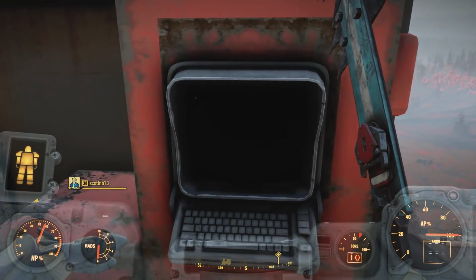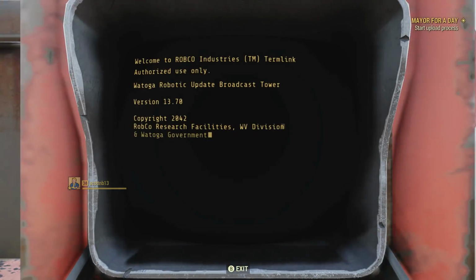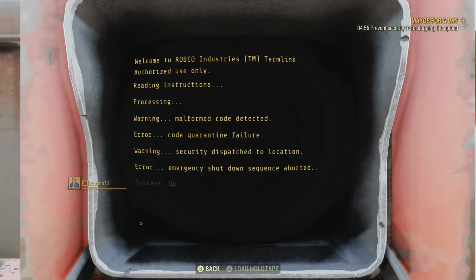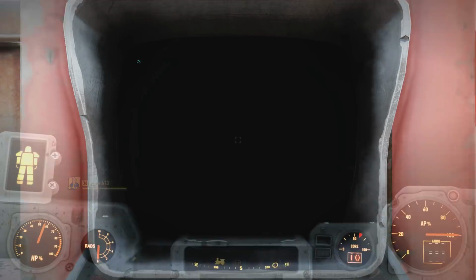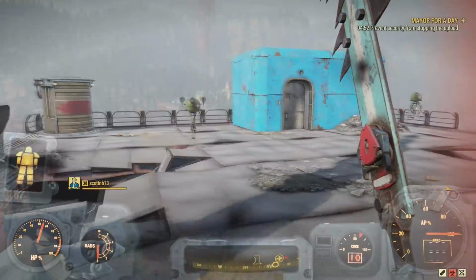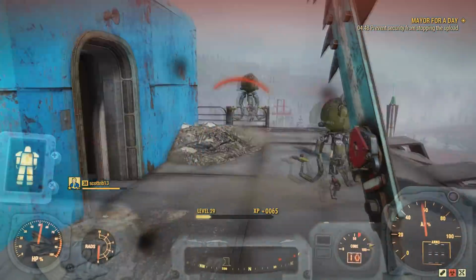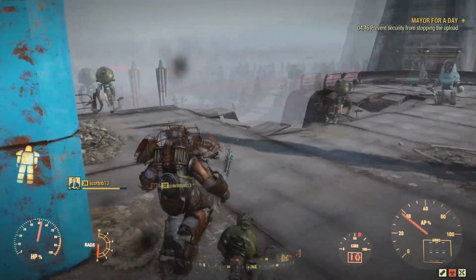Anyways, go over to the rooftop terminal and access it, selecting the option Upload Update Software. This removes the robot virus holotape from your inventory. A 4 minutes and 57-second timer will then begin counting down, and the objective will be prevent security from stopping the upload. So you'll just be trying to survive against hordes of robots for pretty much 5 minutes, and